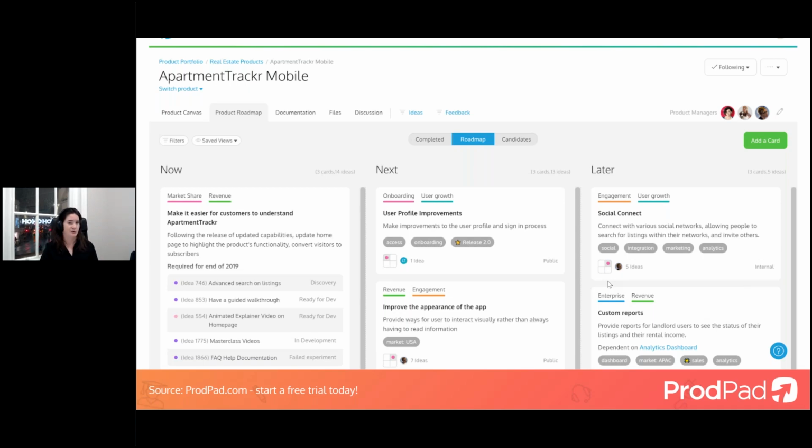And the key is that the roadmap isn't this perfect plan that's meant to be set in stone. It's meant to be flexible and it's meant to change. All it's actually doing is laying out the assumptions the product team is making on a bigger scale that allows them to check whether those assumptions are valid or not and validate or invalidate them. And in that way, I'd actually consider the product roadmap to be more of a